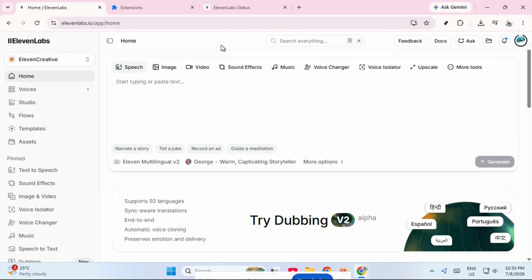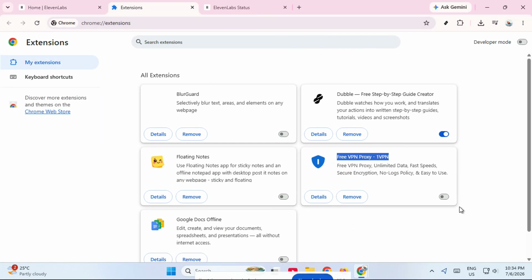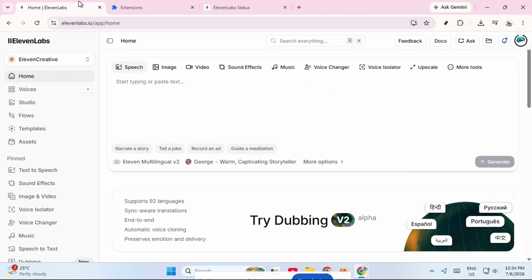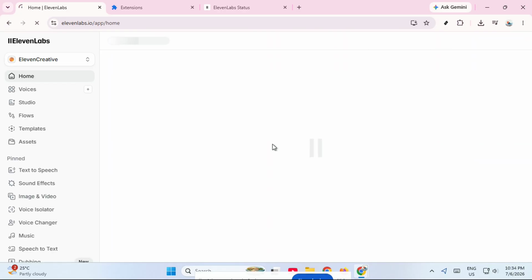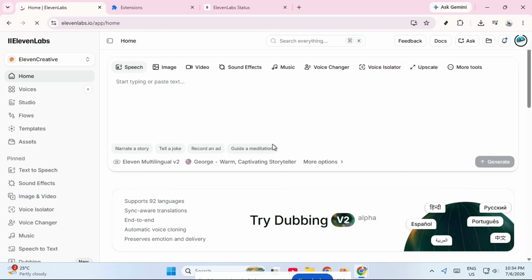The first thing you want to do is disable any active VPN. VPNs are one of the most common reasons login pages fail to load properly or get blocked by security systems. If you have a VPN app running on your device, turn it off completely. If you use a browser-based VPN extension, disable that too. Once it's off, go back to ElevenLabs and try signing in again. A lot of times, that alone fixes the issue because the platform can now recognize your normal connection without triggering